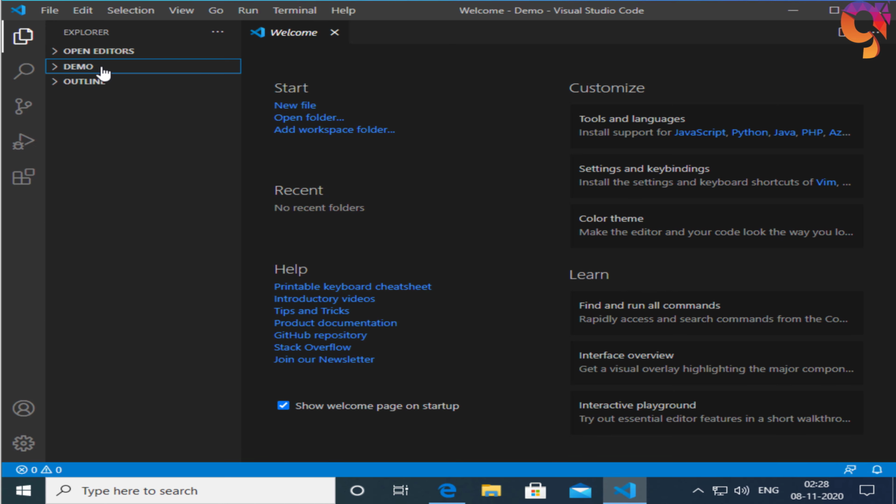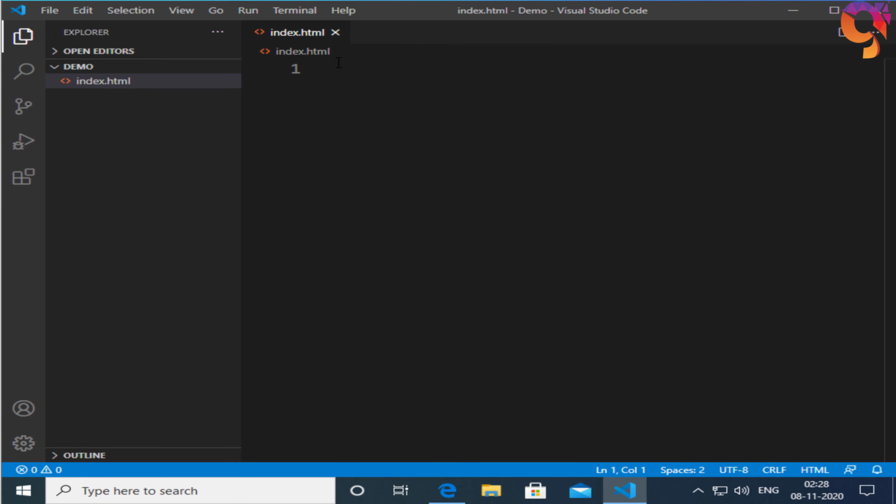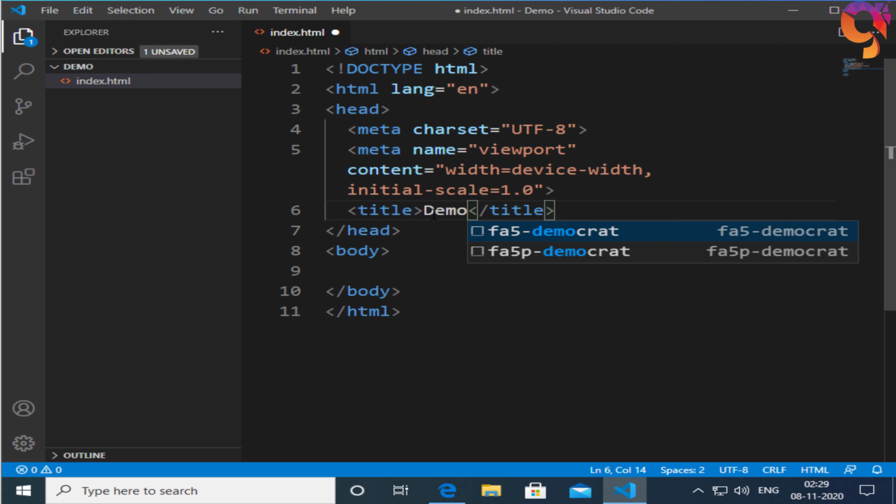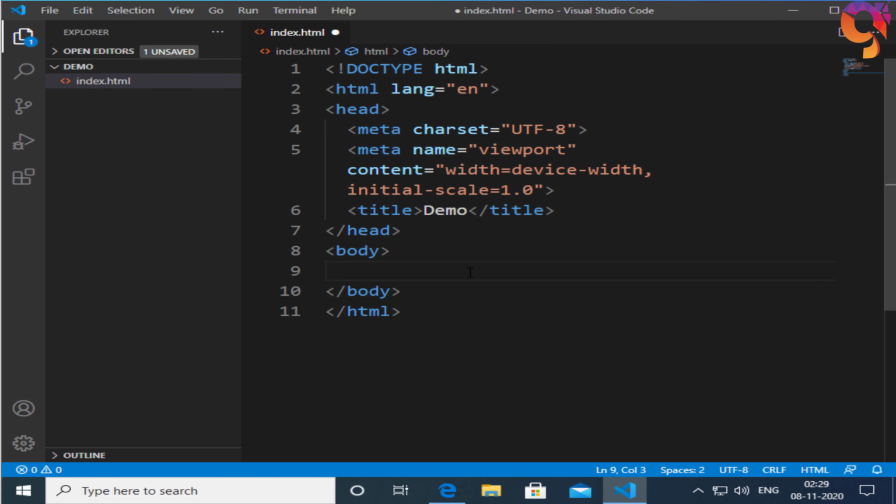VS Code has something called Emmet. Think of Emmet as shorthand. With it you can easily write a lot of code quickly. Here I will demonstrate creating an HTML page. You can do this by pressing the exclamation mark and you will see that Emmet has popped up as a suggestion. Now hit enter. There you have it, a basic blank HTML web page, ready to go.